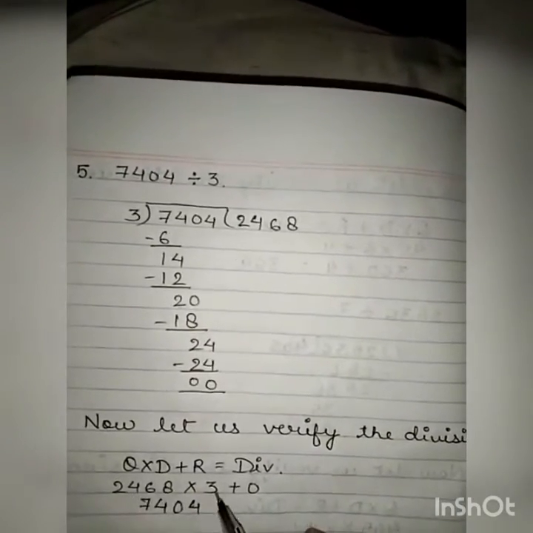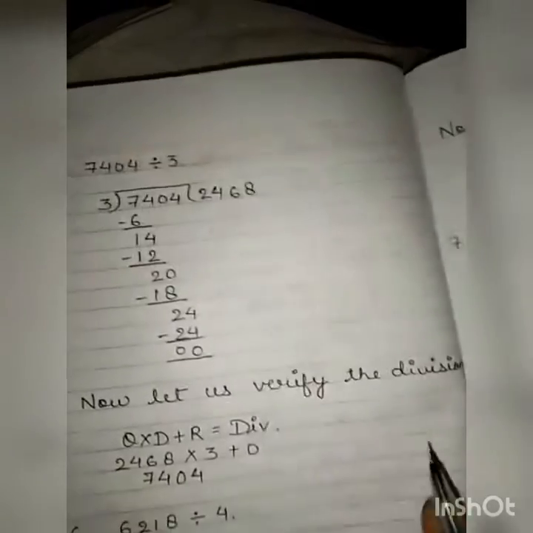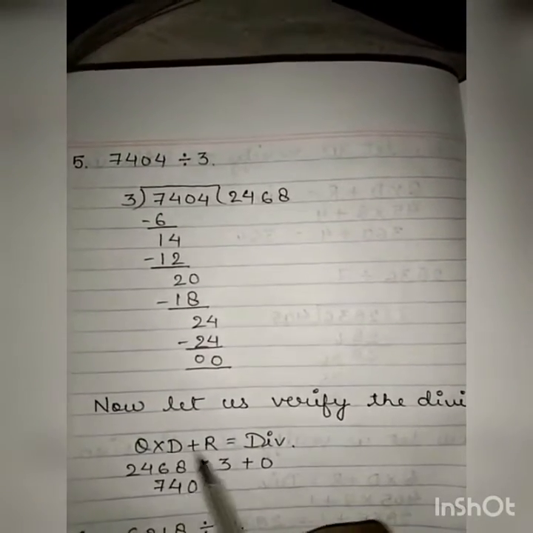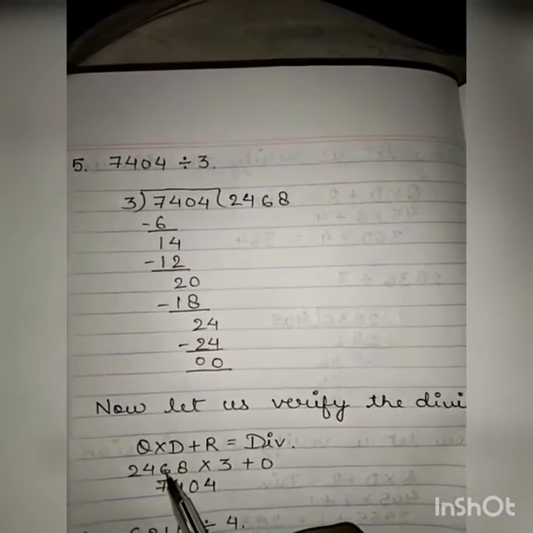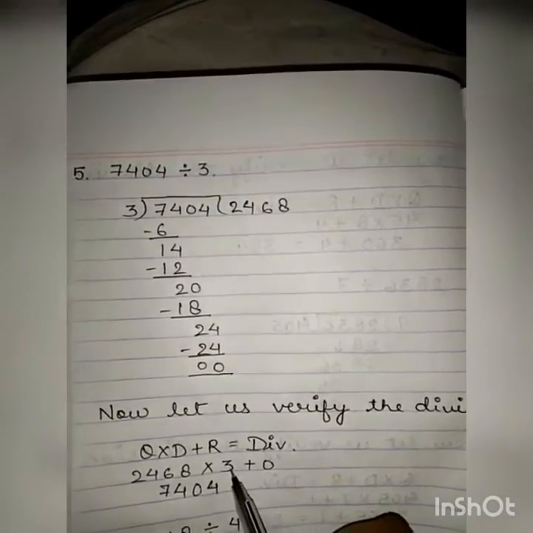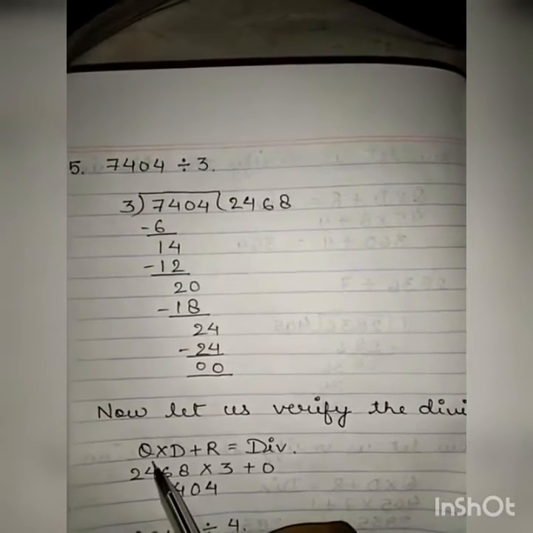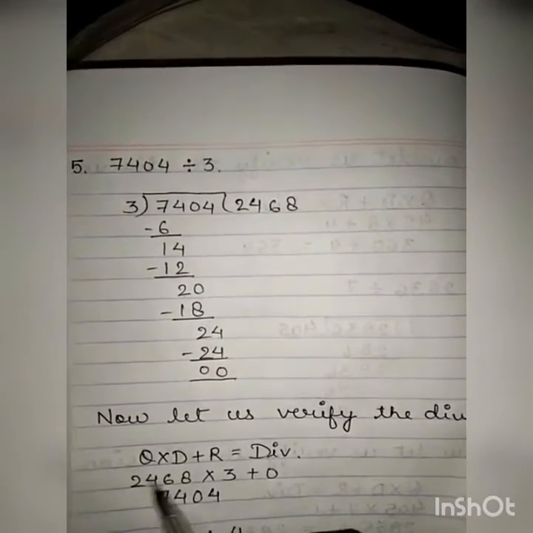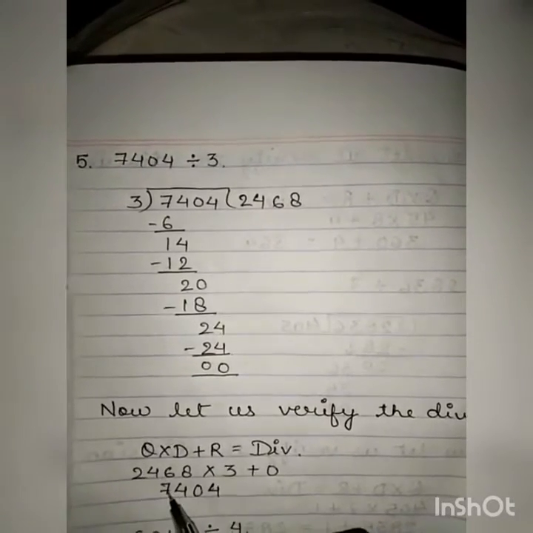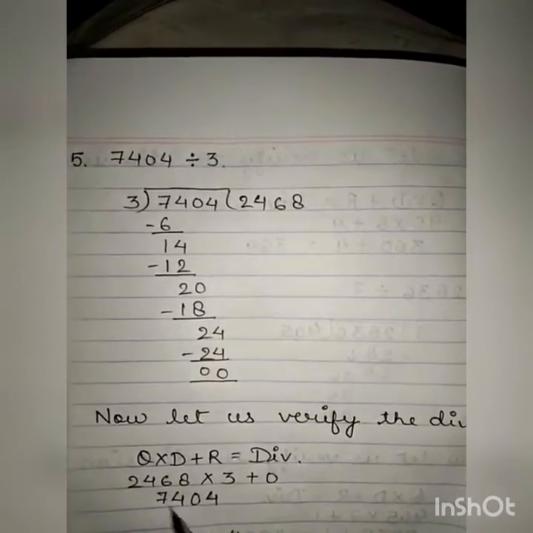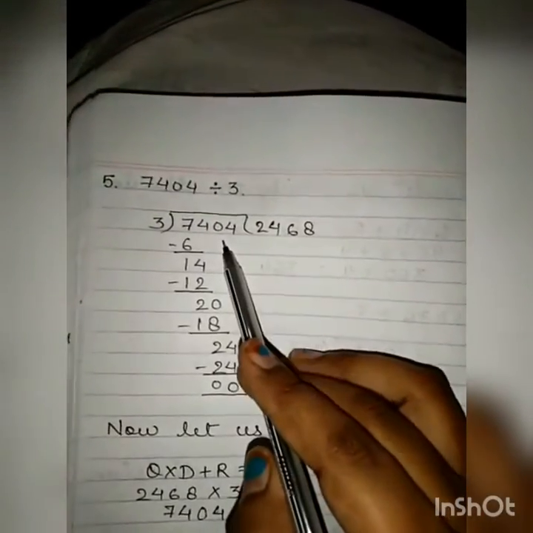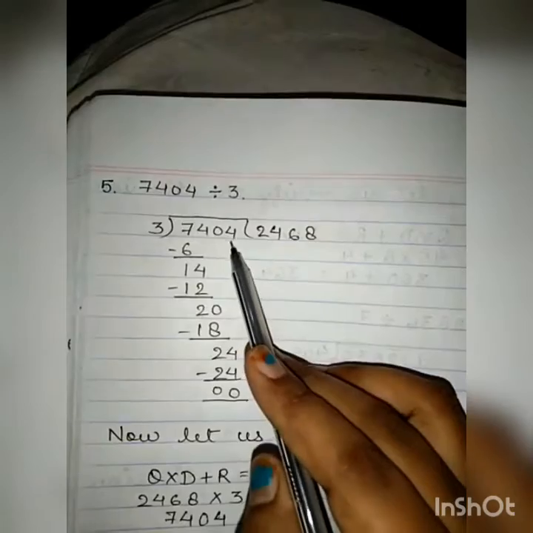So we will only multiply. 3 8s are 24, 4 we will write here, 2 will be carry. 3 6s are 18, 18 plus 2 is 20, 0 we will write here, 2 will be carry. 3 4s are 12, 12 plus 2 is 14, 4 we will write here, 1 will be carry. 3 2s are 6 and 1 is 7. Now children, you can see 7404 is the answer, and this is same as the dividend given in the question,